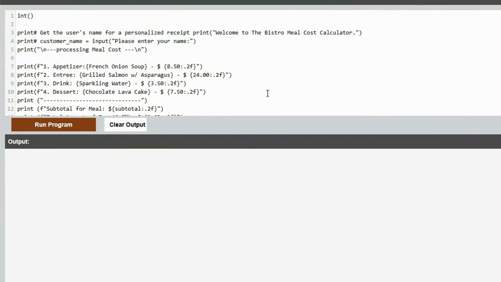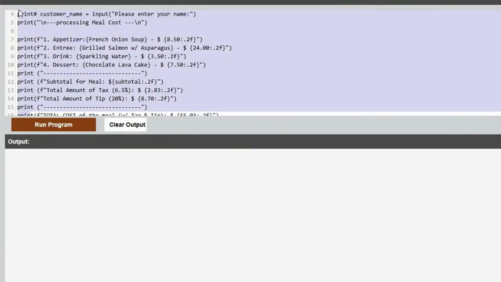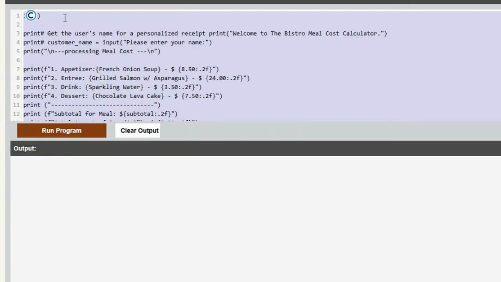So let's look at the 2.06 program. Okay, so here's what you've turned in. It's 16 lines and it's almost all print statements, except for this top line, this int. You've declared something an integer, but there's nothing in the parentheses. So that really doesn't do anything. You said, hey, what's in this parentheses is an integer. Well, there's nothing in the parentheses. So that line is just totally wasted.